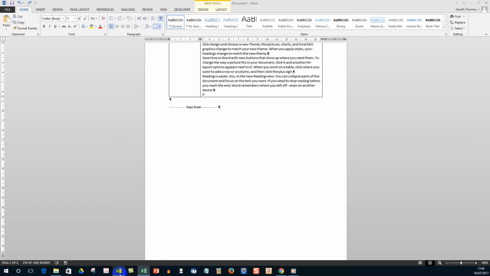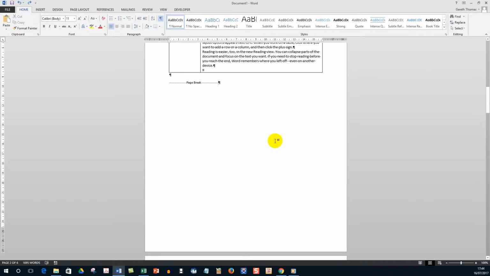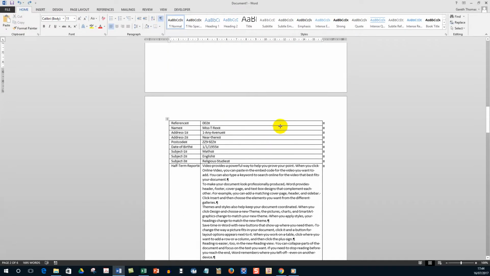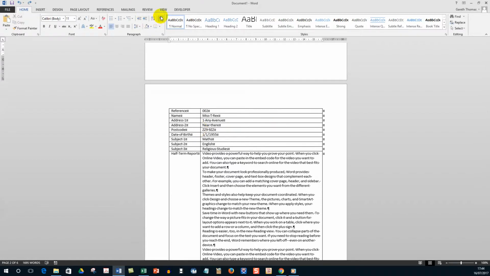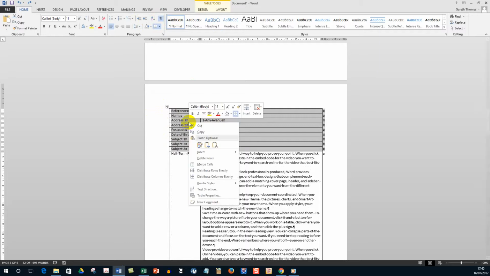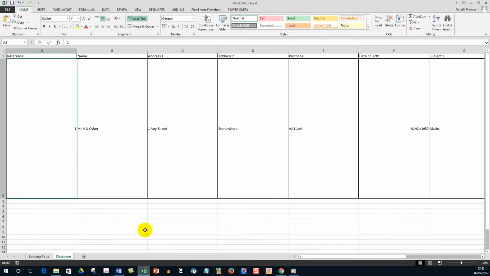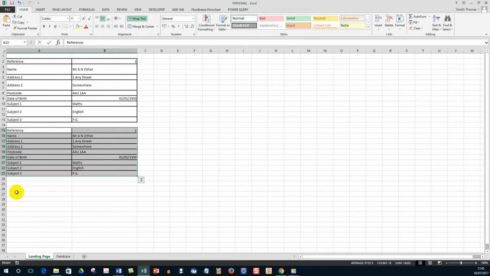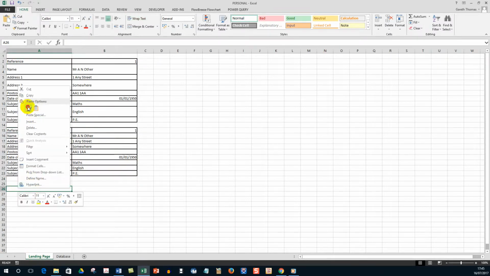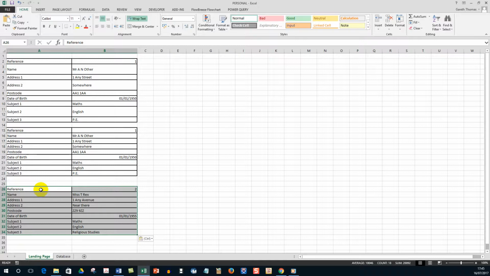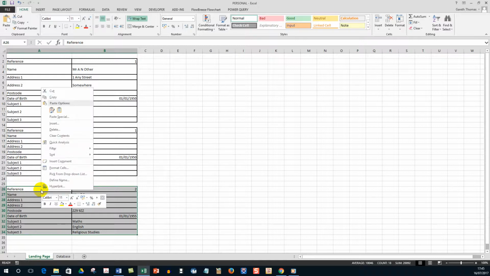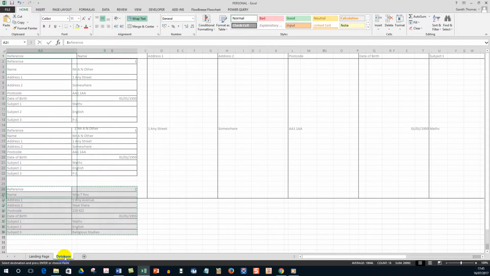So now let's go back to our Word document. Let's pretend we've opened up another form, but I have one here pre-prepared, and you'll see here, because I've got the show and hide character marks on paragraphs, there are no paragraph marks in there, so I can just highlight those first few rows, copy, go to my landing page, right click, paste as normal, right click again, don't do anything, don't click outside of the area, it's already highlighted, and copy, go back to database,